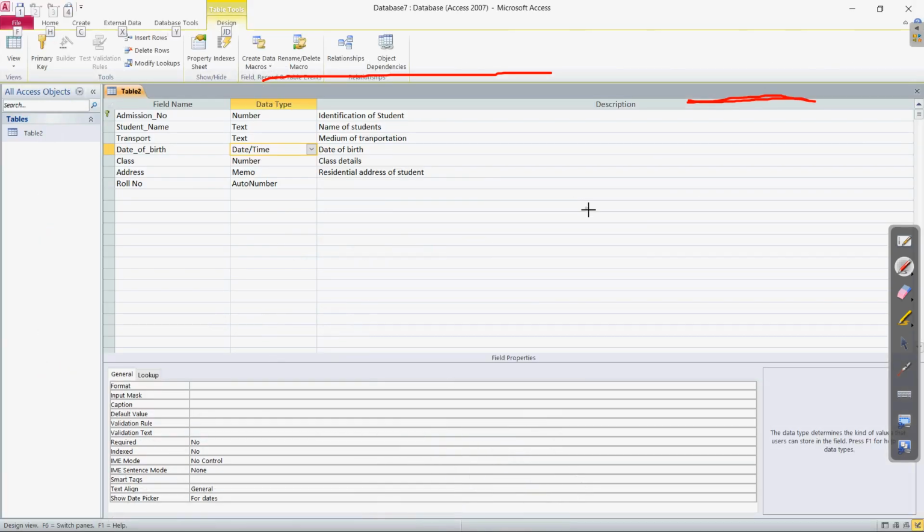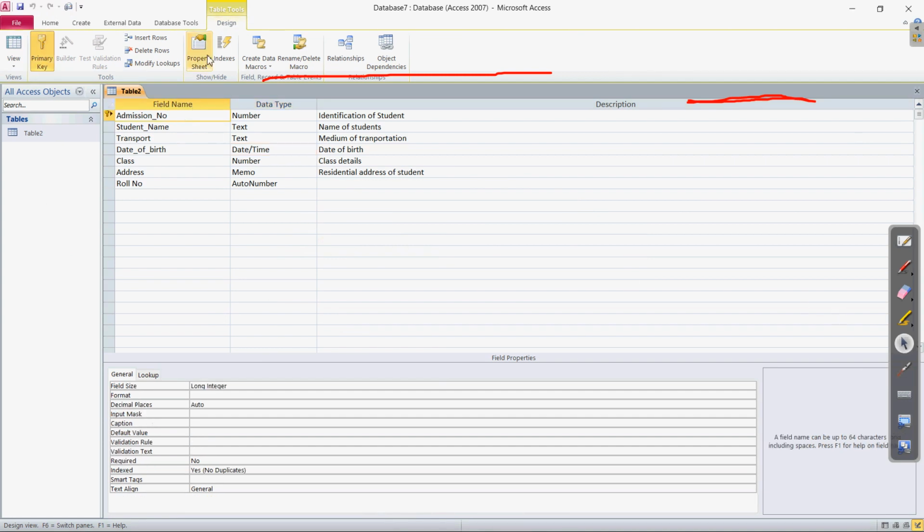Let us come to the software window. So here, as you can see, whenever we want to make any field a primary key, we will select that field and come to the design tool. We have different tabs at the top, so we will come to the design tab, and in the design tab we can find the button or the symbol for the primary key. I hope it is visible to you at the top corner. So when you choose any field and click on the primary key button, you will get the primary key associated with the field. Clear?